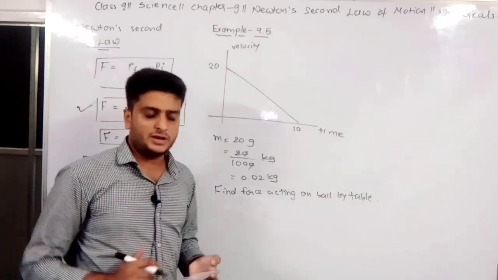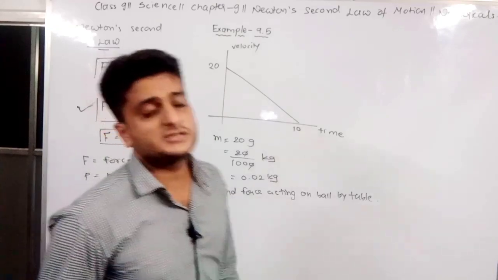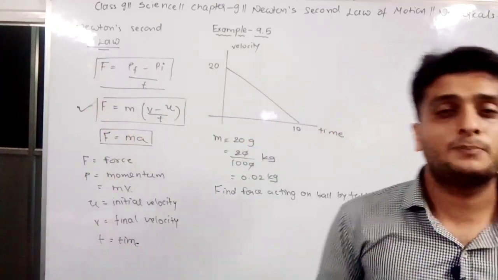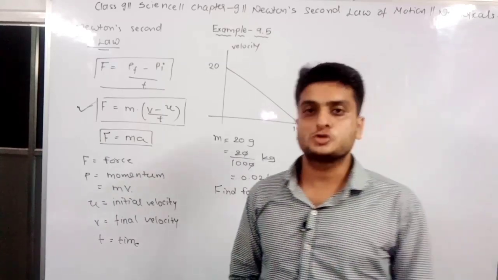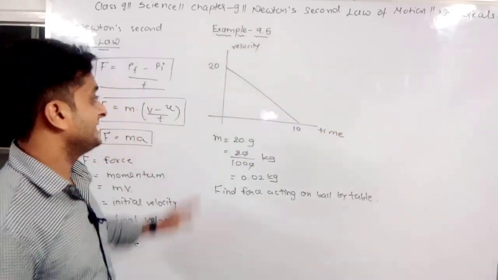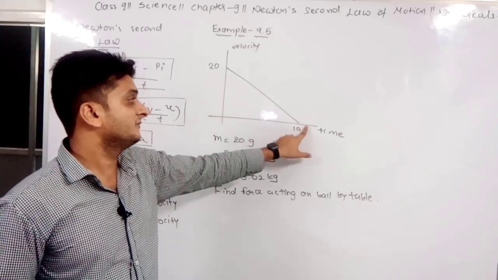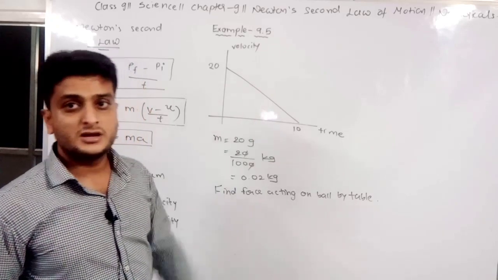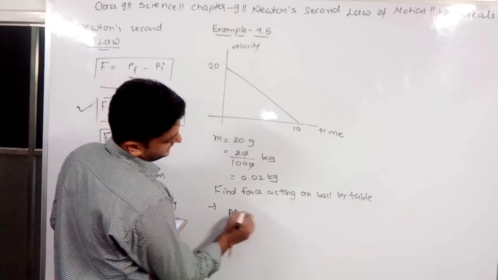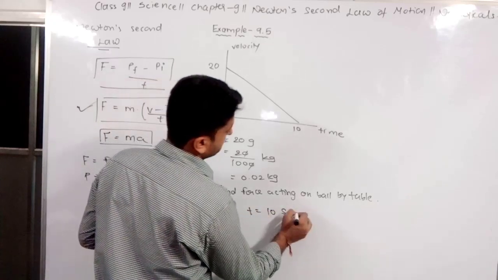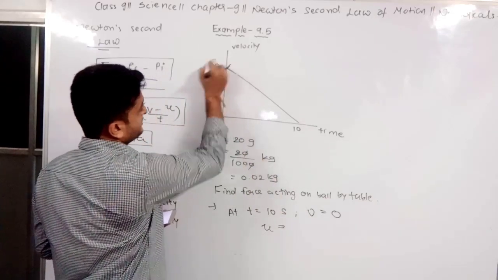Okay, so एक बॉल जो है वो टेबल के ऊपर मूव हो रहा है, उसकी वेलोसिटी वर्सेस टाइम का ग्राफ दिया है. See, obviously as the ball moves on the table, the table will apply a friction force on the ball, and after covering some distance, the ball is going to stop, right? So this graph suggests that as time proceeds, velocity is decreasing, and at the end of 10 seconds, the velocity is becoming 0. So what can I see from the graph? I can see from the graph that at time t equal to 10 seconds, velocity will become 0, and the initial velocity of the ball was 20 meter per second.